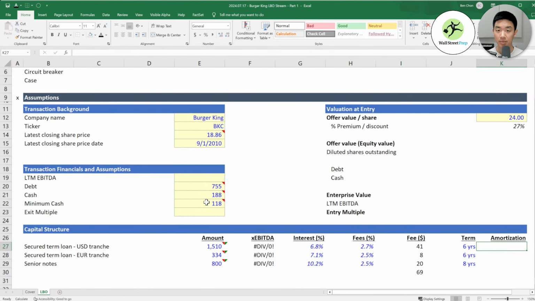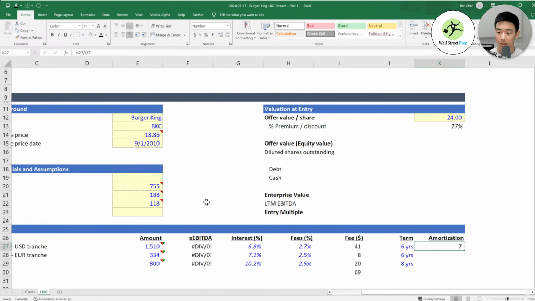This is not something we're going to build into our model, but we are in the next parts 2 and 3 of this LBO that we're going to be building out more and more over time. But essentially, you're going to need to model this in at some point later on.